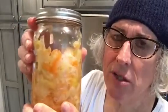That's kind of it. So this right here, I think I featured this in the last Running True, was my coleslaw that I turned into something like sauerkraut. So the same thing we just did, but I put some onions in there and some carrots. And that's the beauty of home fermentation: